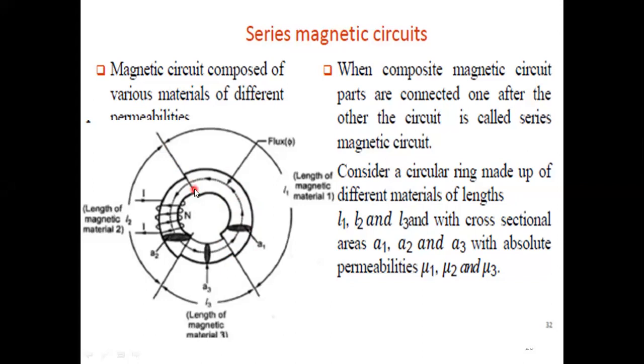See, up to here it is there. I have taken an extended path up to here. So from this point to this point, that is the length of magnetic material 1. This is the magnetic material 1 I have considered, and its length is from here to here. We consider that as the magnetic length. Is it clear? Do you understand now? So this one is material 1.